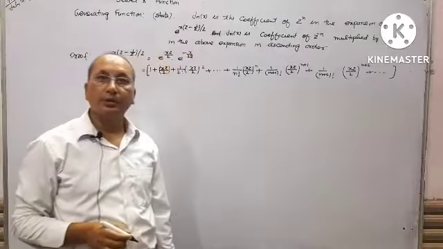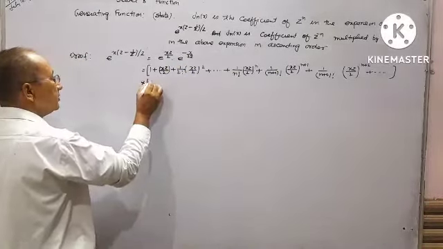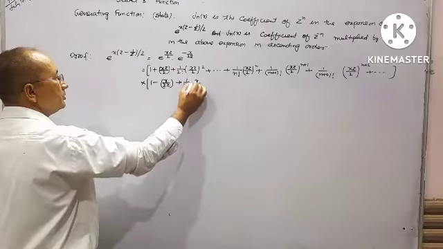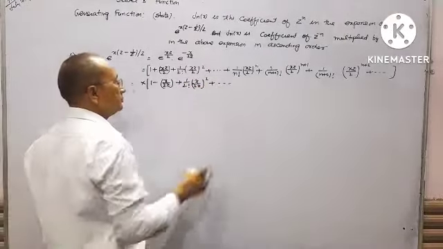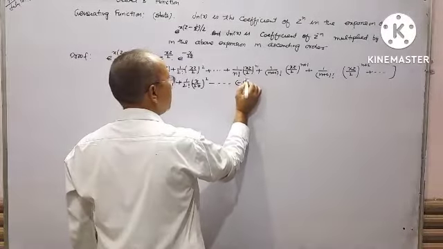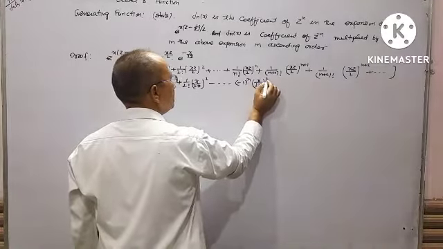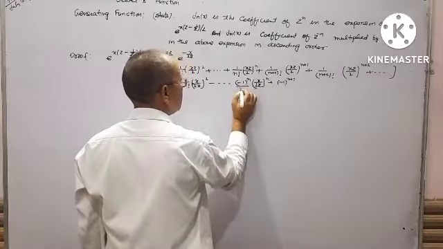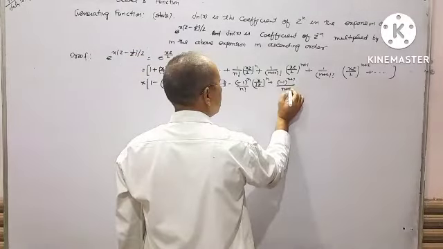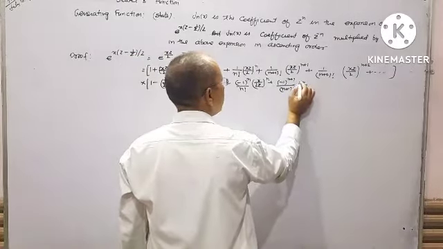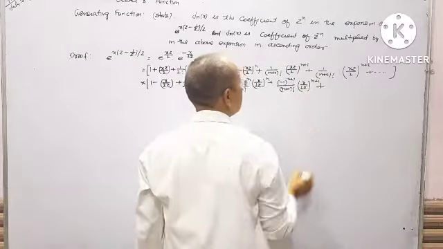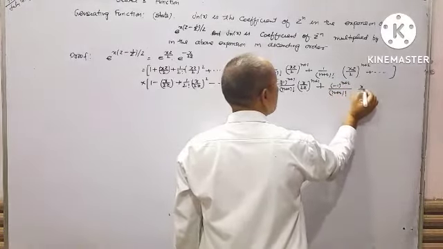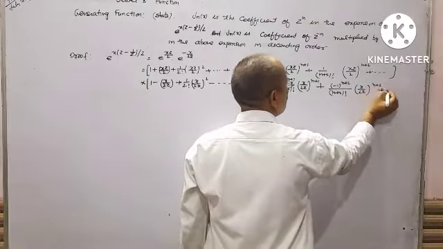the expansion of e^(-x/2z), that is 1 minus x/2z plus 1 upon factorial 2 (x/2z)^2 and so on, plus minus 1 to the power n (x/2z)^n, plus minus 1 to the power n+1 upon factorial n+1 (x/2z)^(n+1), plus minus 1 to the power n+2 upon factorial n+2 (x/2z)^(n+2) plus and so on.